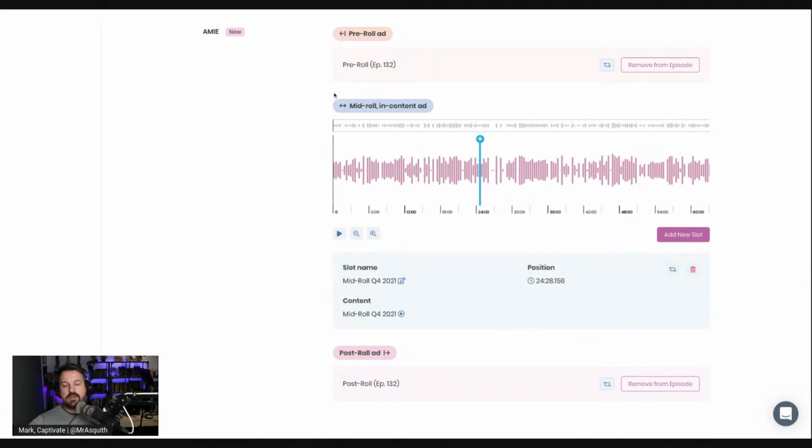And so what you can see visually, as Gaz has designed this and as we've put this together, is that we work how our brains work. We have the pre-roll, then the mid-roll and the post-roll. It's not like we're going pre, then post, and then mid-roll. We work in a linear fashion. Our brains work like that when we're thinking about audio in these waveform formats, which is why we always work top to bottom and left to right, because the majority of our market is US, UK, Australia, Canada. So it's left to right countries. So we work like that, top to bottom, left to right, okay?